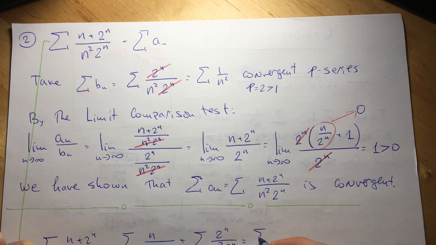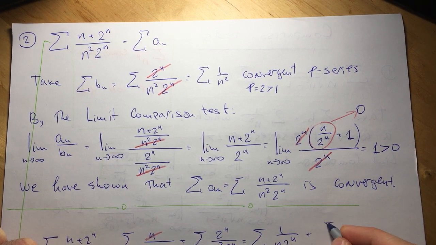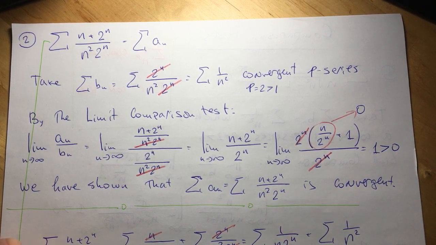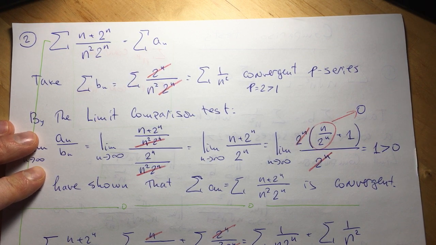So this is going to be equal to sum of 1 over n 2 to the power n, because I cancel these two, plus sum of 1 over n squared, because here I cancel these two. So the first sum,